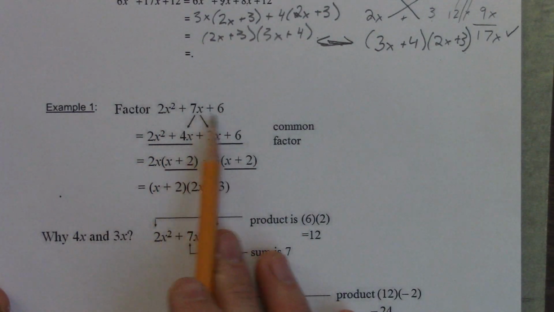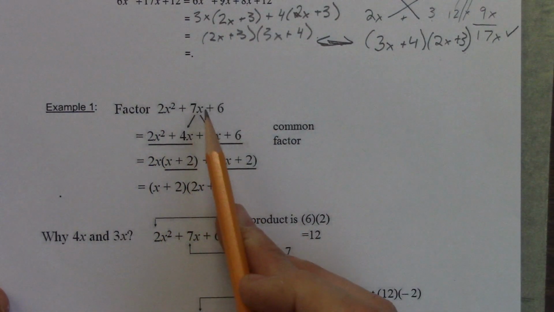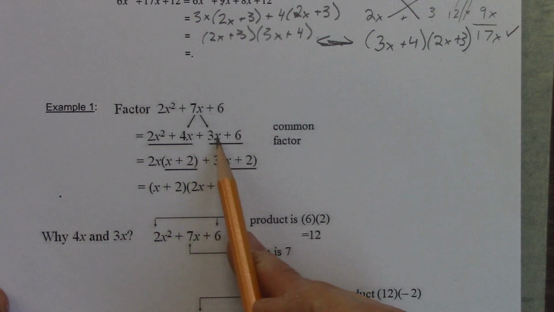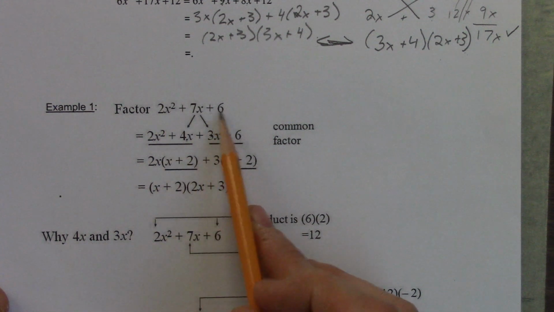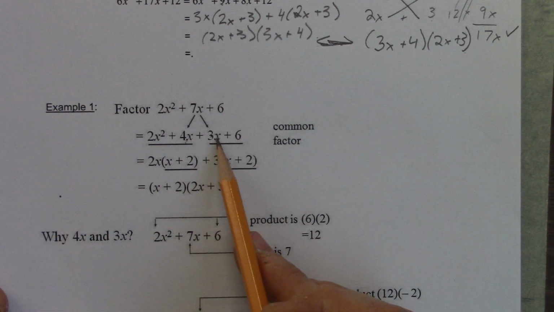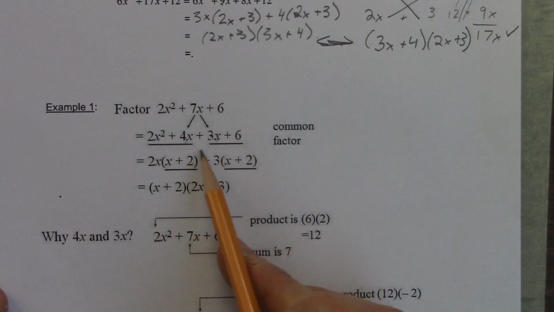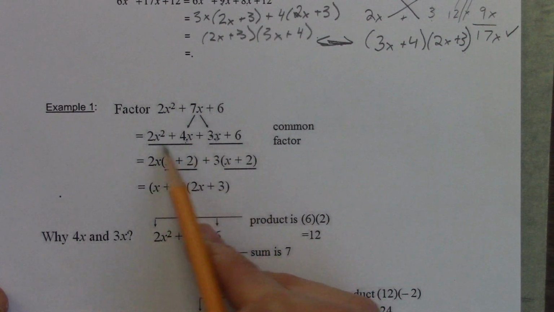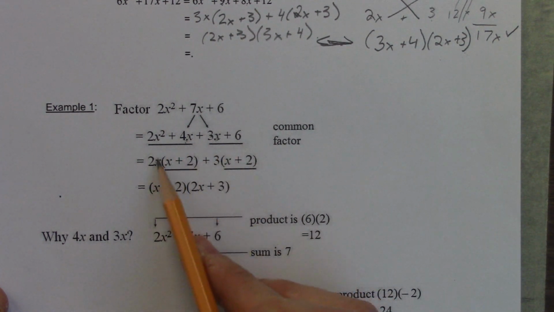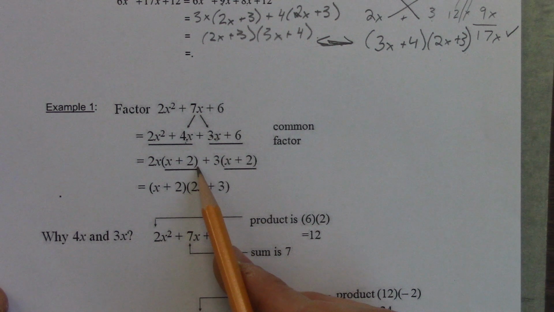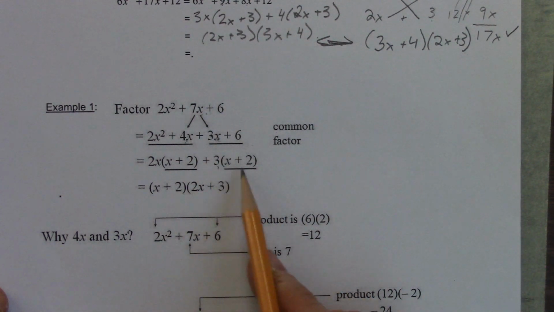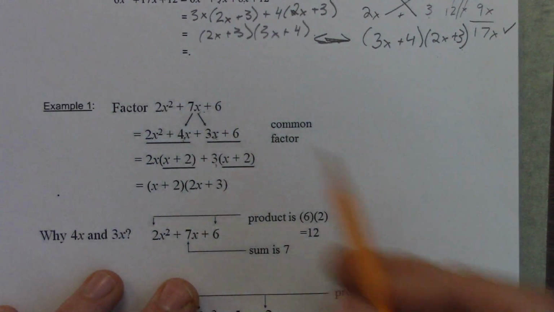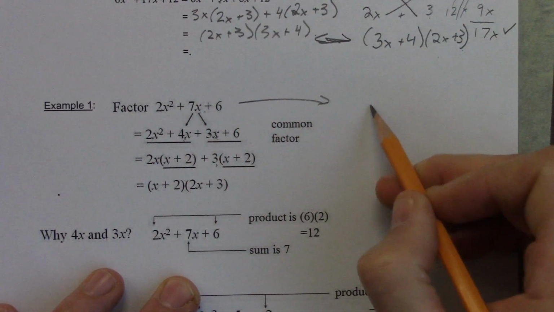Factor 2x squared plus 7x plus 6. Here we've broken that 7x into two terms, 4x and 3x. They add up to 7, and they multiply to give us 2 times 6 is 12. So 4 times 3 is 12, and they add to give us 7. So this is decomposition. We then factor both of the two terms. 2x is common. You get x plus 2 and 3x plus 6. So we get 2x plus 3 times x plus 2. Now if we wanted to do this using the crisscross method,